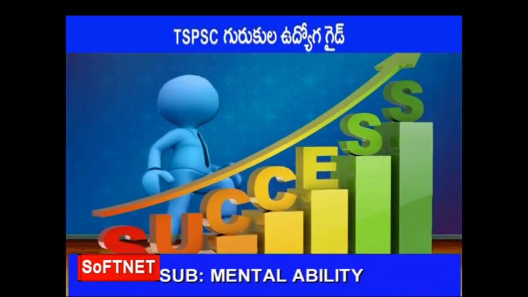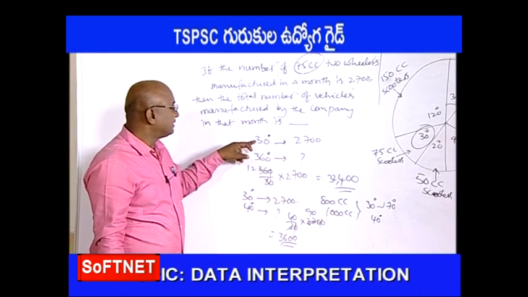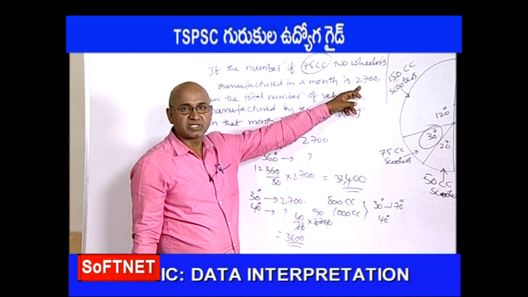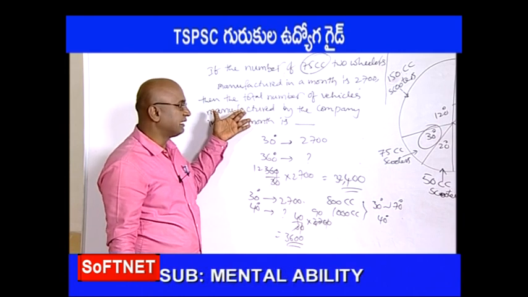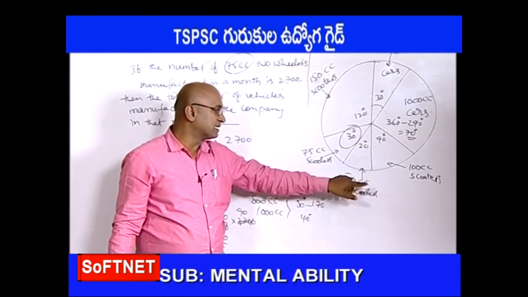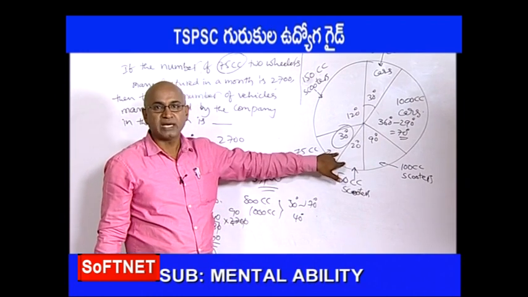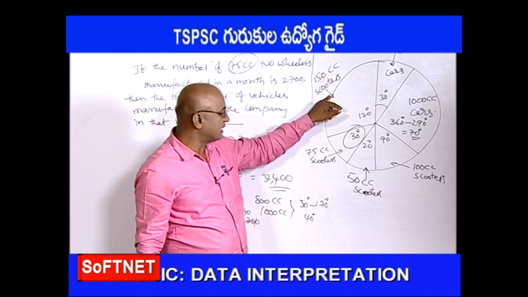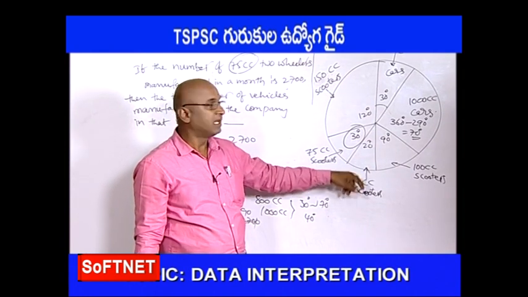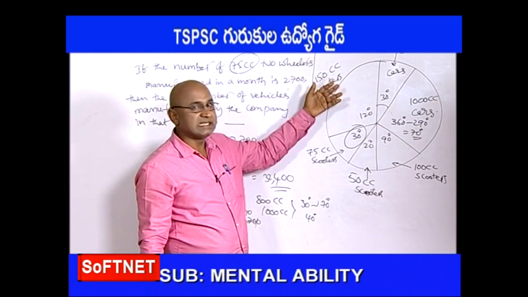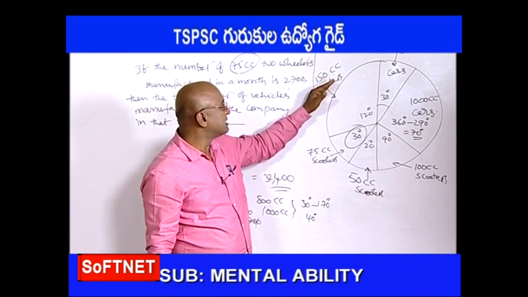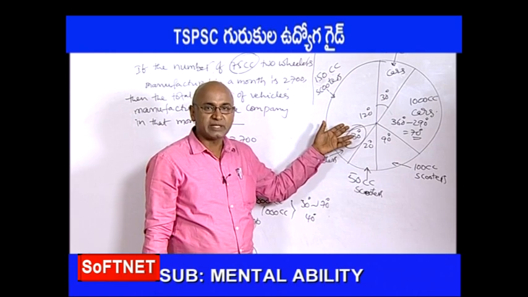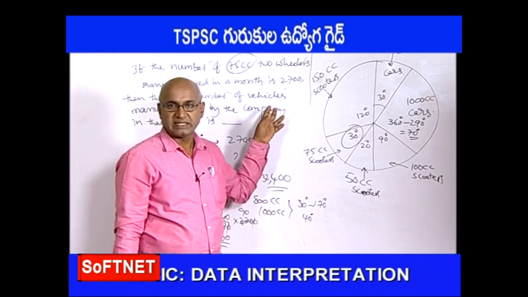Got it? Suppose the value of 30 degrees, that is the 75 cc two-wheelers value, is given, that is 2700, the production. Then the same question need not be asked like this. What will be the sum of the vehicles, that means 50 cc and 75 cc scooters, how many are produced? It can be asked like that. Or what is the difference between the 150 cc scooters and 50 cc scooters? Got it? Or otherwise, what is the percent increase of the 150 cc scooters when compared with the 50 cc scooters? So the questions will be asked in various dimensions. All the dimensions we are discussing here.